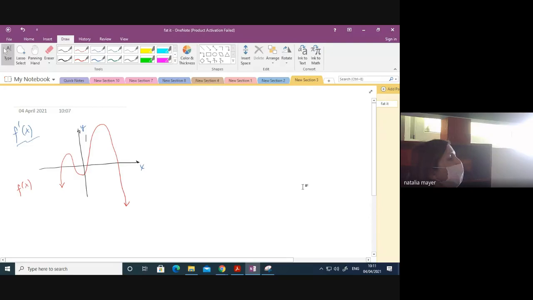Which one is the derivative? The purple. The purple one? Here, what can you say about this one? Negative. Where should the